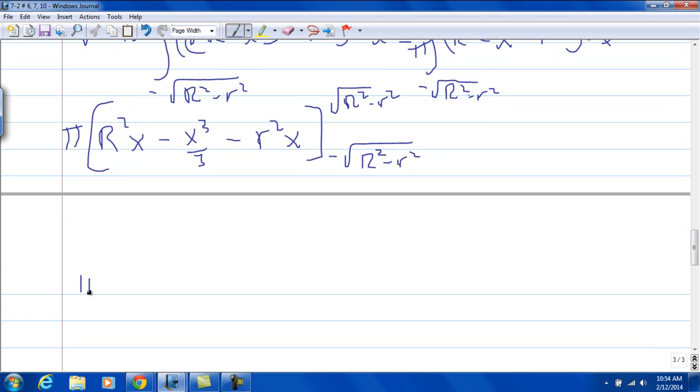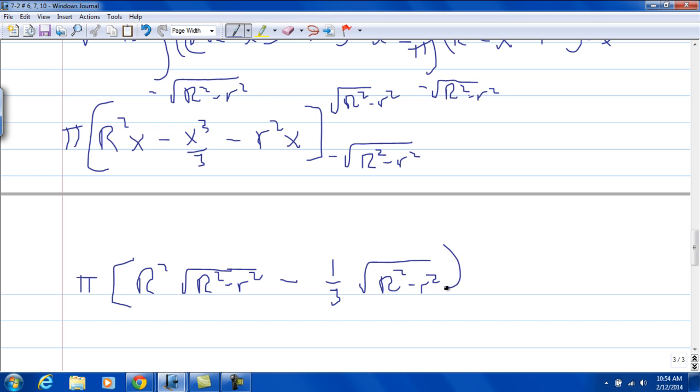So now we're at pi times what? Capital R squared. It looks really bad, but let's bring this through, see what happens. Capital R squared times the square root of capital R squared minus little r squared, minus 1/3 times the square root of capital R squared minus little r squared cubed, so that's going in place of the x, minus little r squared times the square root of capital R squared minus little r squared,